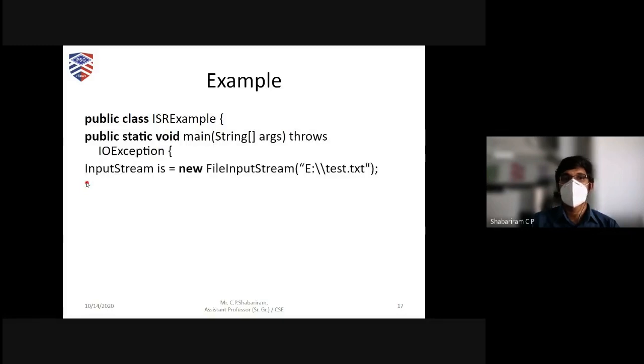Here I'm creating an object for InputStream. We are all aware of it. InputStream is a superclass for FileInputStream, so here I'm simply adopting typecasting. So the InputStream object is is assigned with the invocation of FileInputStream, which takes test.txt as an argument. Next, I'm going to convert the InputStream object into a